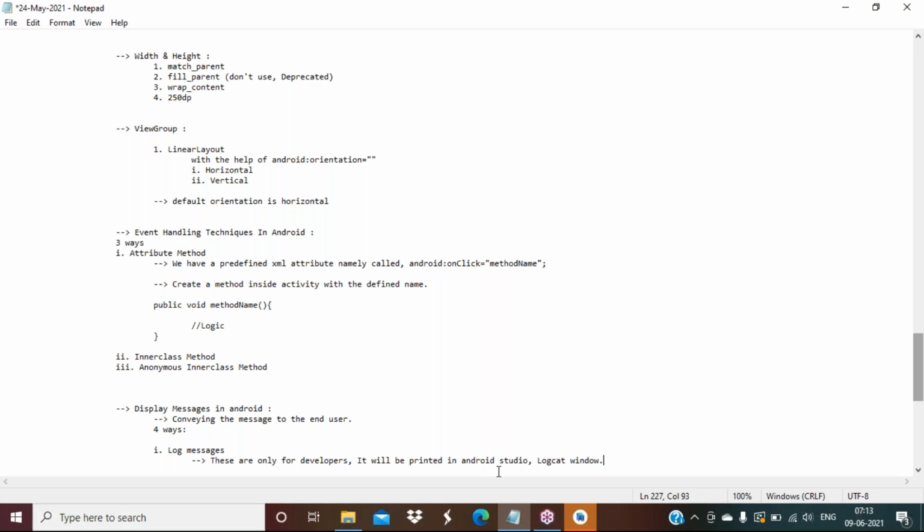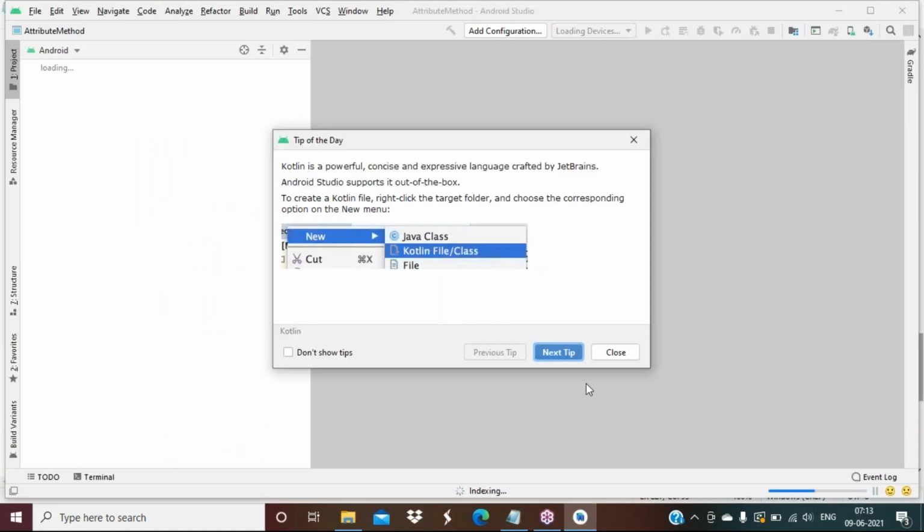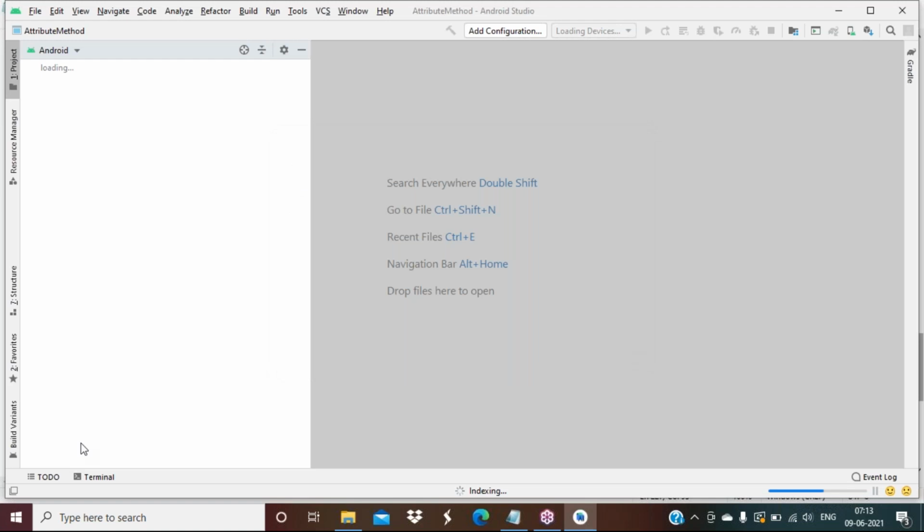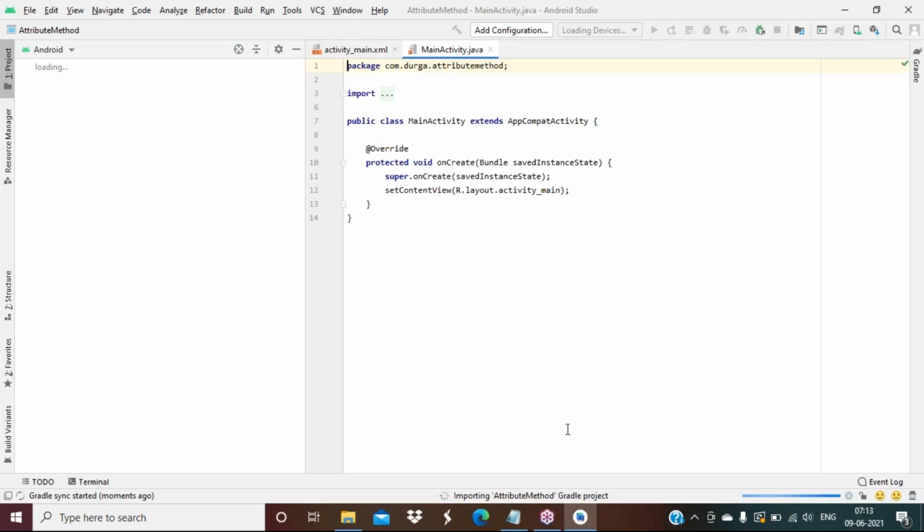So where is the Logcat window? Let me open this. Still it is loading. So once it is open, somewhere you will get Logcat. Bottom next to terminal is there, right? So somewhere you will find it at the bottom. So Logcat you will find once this configuration is done. Okay, now see, build got enabled like that.